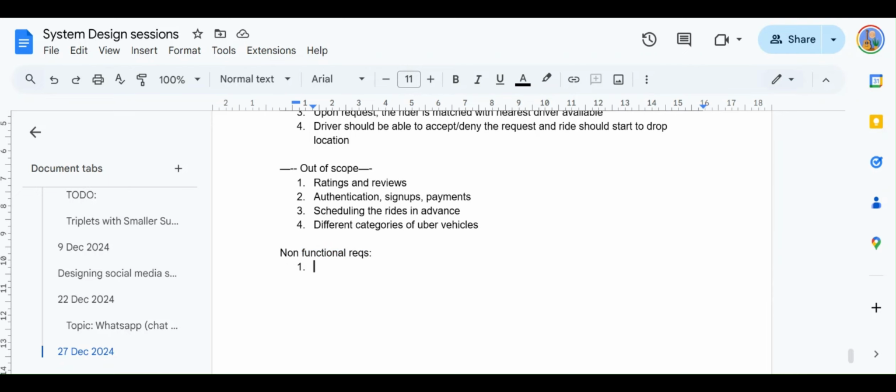So for the Uber kind of system, first of all, the latency. When we talk about the non-functional requirements, a lot of things come into play, like latency, consistency, availability, all the CAP theorem comes into play, throughput, all these numbers come into play, right? So make sure that when you're talking about these numbers, don't just talk about vague numbers, that latency should be minimum. What is the minimum over here? What's the data point? Don't just say that the system should be consistent. In what way is the system consistent? Be specific to the problem that we are talking about.